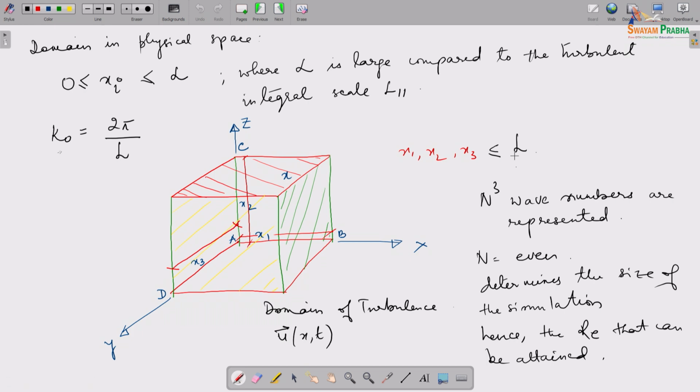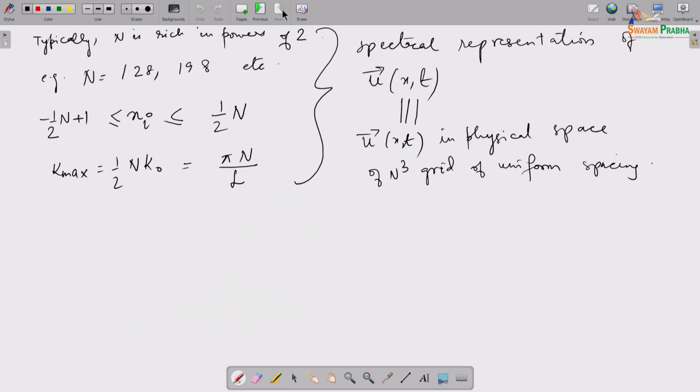Delta y is equal to L by n. Delta z is equal to L by n, right? So equal spacing. I can say delta x is equal to L by n, of uniform spacing,